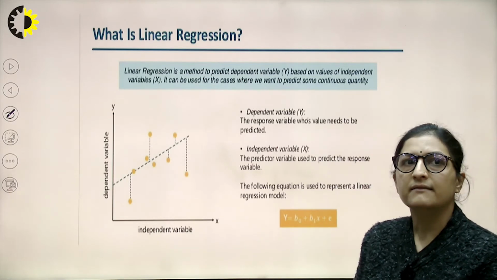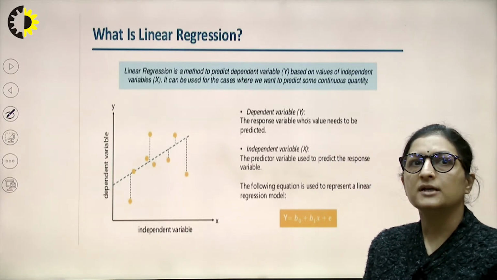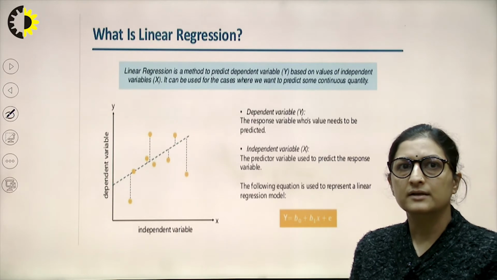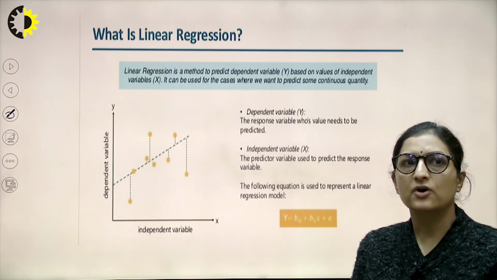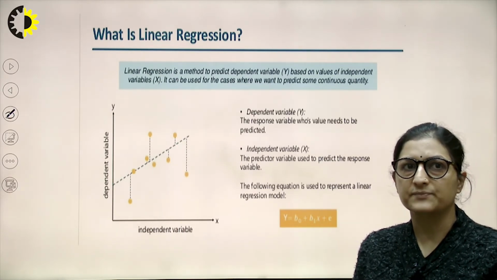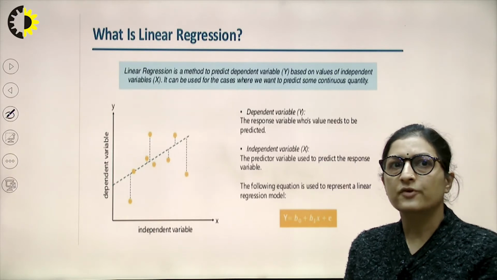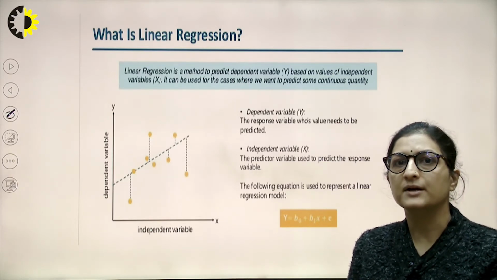So linear regression is a method to predict dependent variable y based on values of independent variable x. It can be used for the cases where we want to predict some continuous quantity.